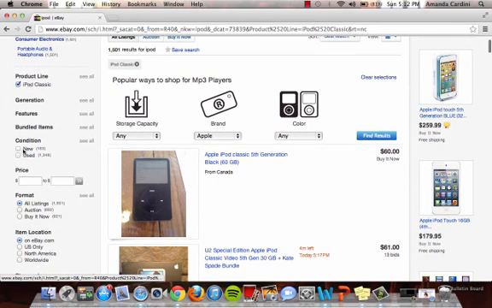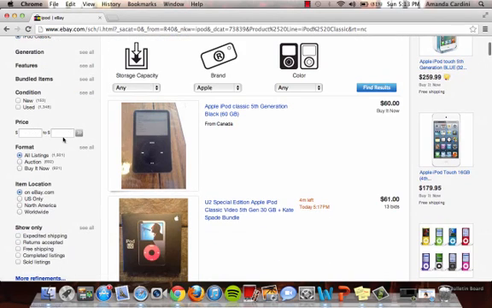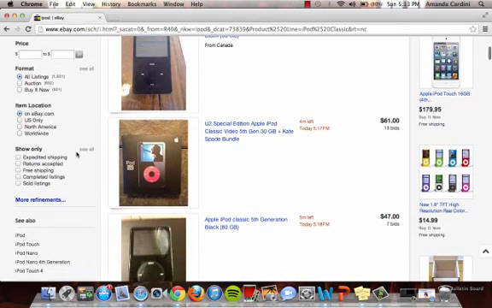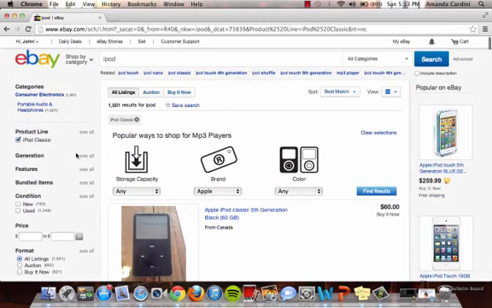So that's kind of nice. You can click on if you want to buy something new or something used. You can even choose the generation of iPod. You can enter prices, what your price range is. And then this is kind of interesting. You can see if you want to do an auction or a buy it now, which I'm sure most people know that part of eBay is